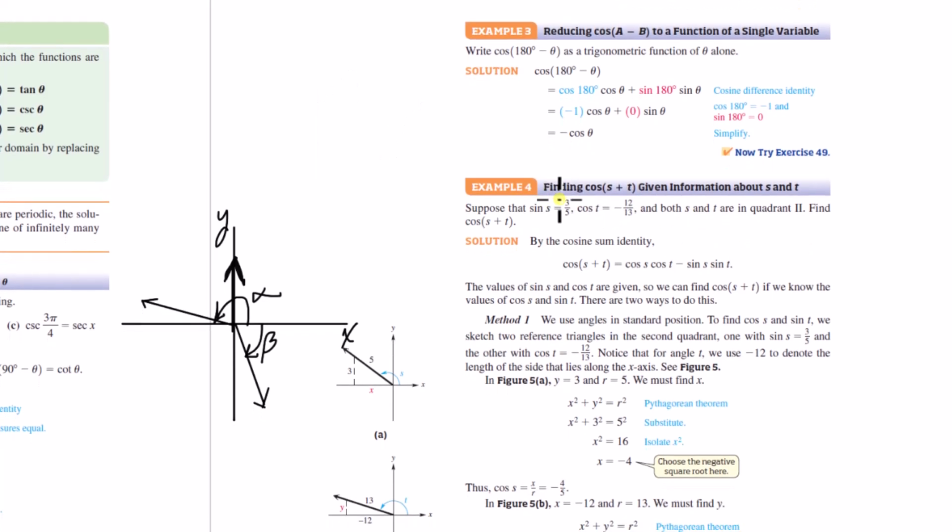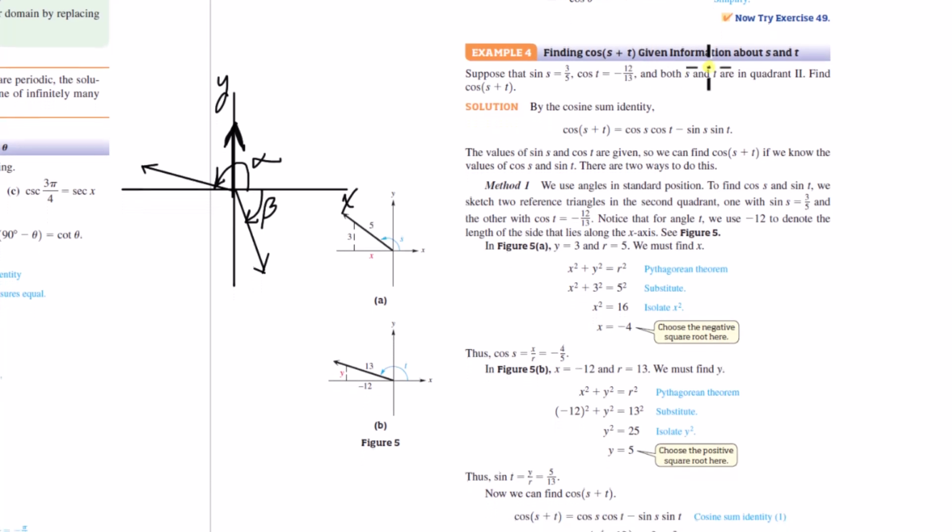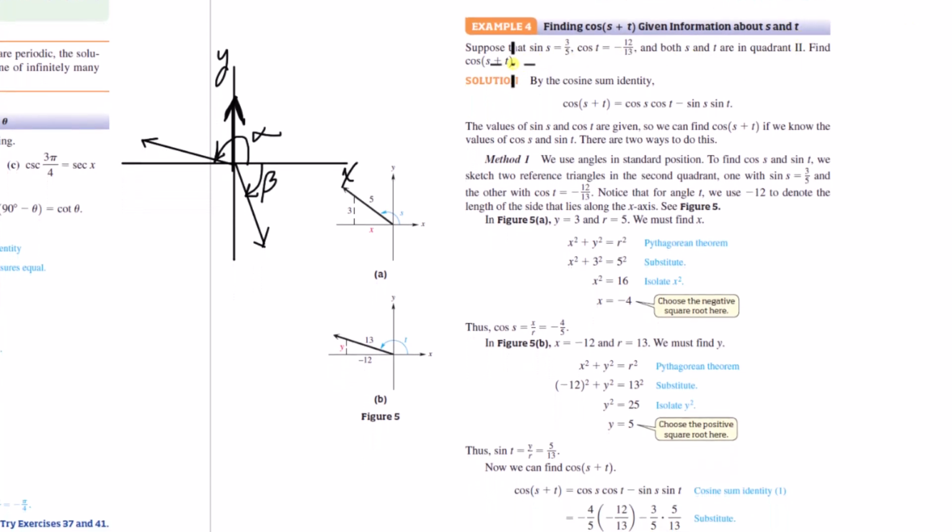All right. Finding cosine of s plus t, given information about s and t. Suppose that sine of s is equal to 3/5 and cosine of t is equal to minus 12/13, and both s and t are in quadrant 2. Find cosine of s plus t. All right. So they expand out cosine of s plus t using the sum identity of cosine. And so here we go. Now we've got sine of s and we've got cosine of t, but we need cosine of s and sine of t to evaluate this. And so what they do is,